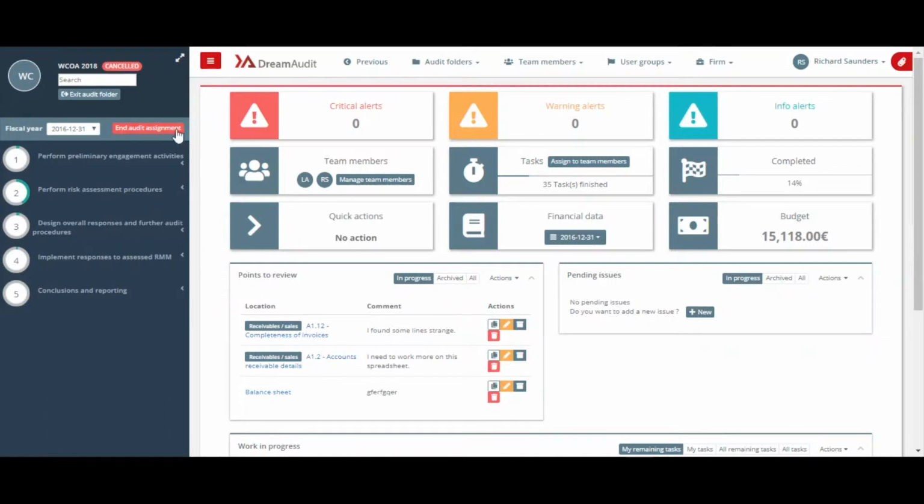Just so, when you've signed in on your audit folder, you have this dashboard here. So you've got critical alerts, warning alerts, info alerts. You have your overall completion here on the right side. You've got your budget here, which you can add and modify if need be. Financial data, so that's your accounting entries, you can add here. Quick actions, you can set up quick actions to make things go quicker and